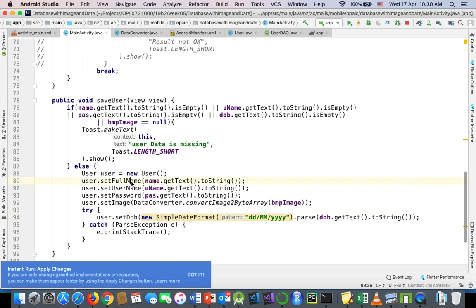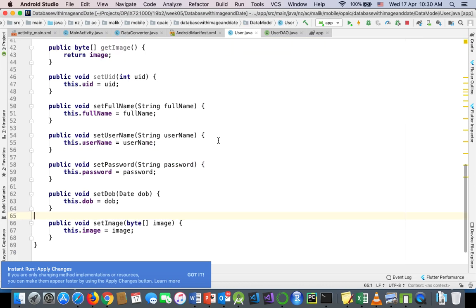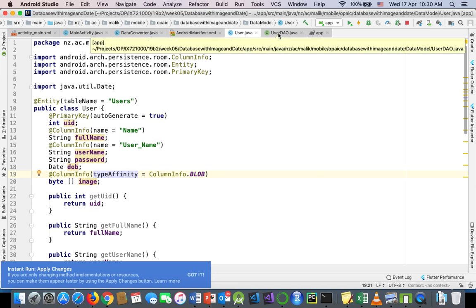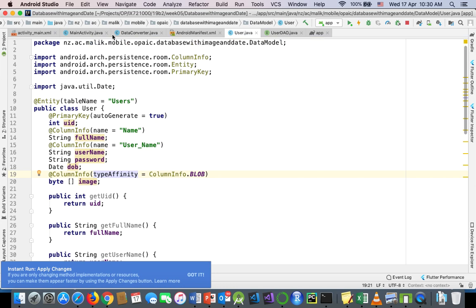So we have set the full name, username, password, image, and the date of birth. Anything else that we are missing here? So we have that. We don't need to provide the ID because it is auto-generated. We have the name, we have the username, we have the password, we have the date of birth, we have the image. And the other thing that is very important here, before we can move forward, is the